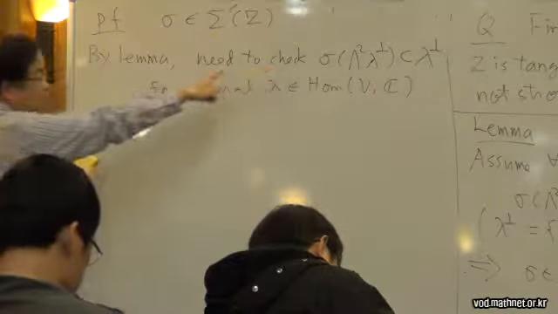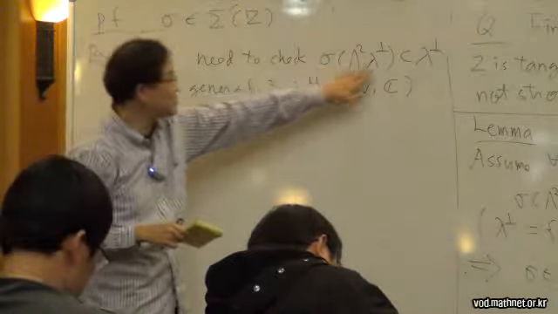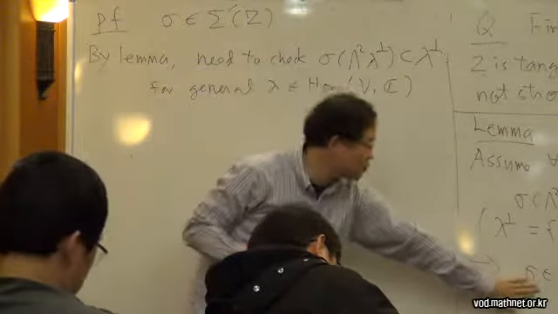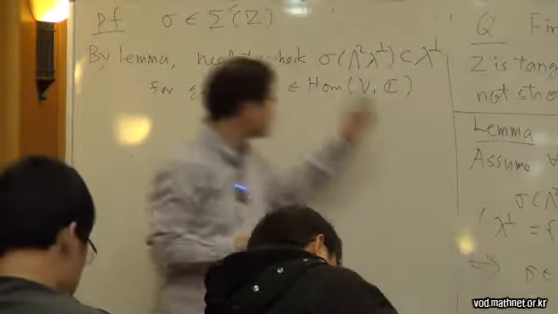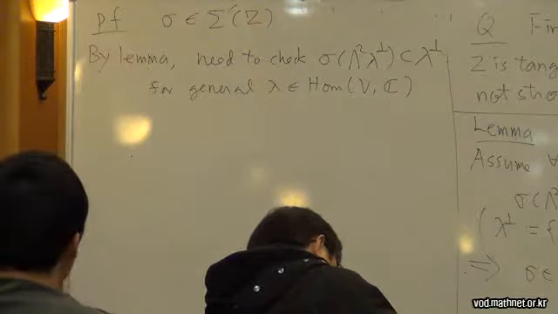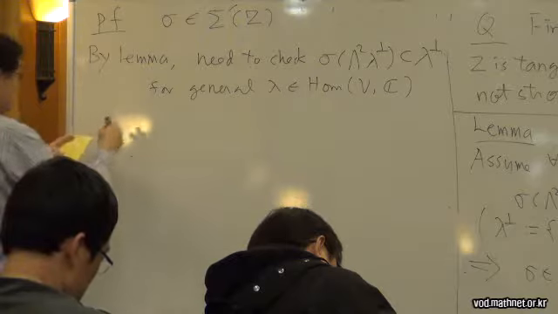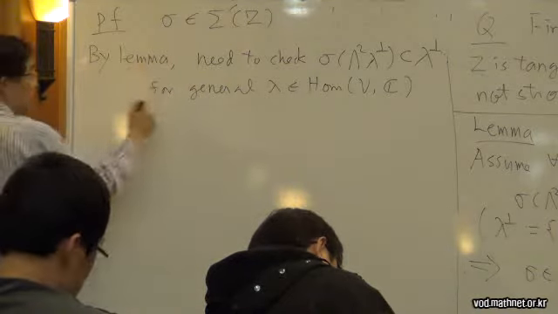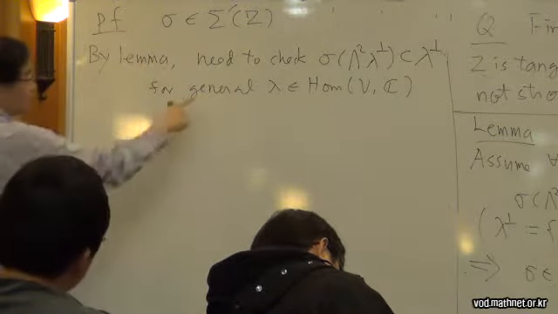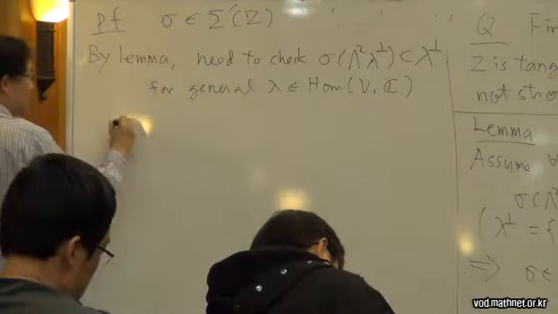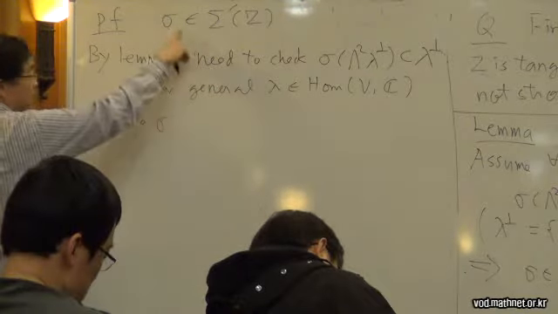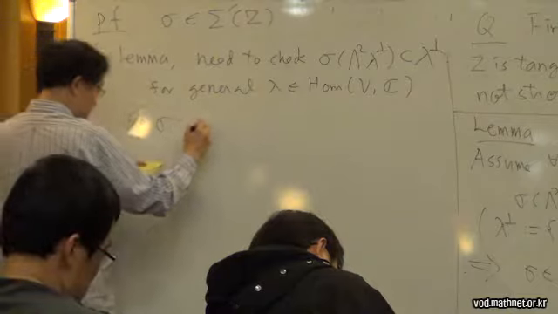For a general linear functional, we need to check this. Then we verify this, so we prove strong tangential non-degeneracy. Now, if you take the composition of sigma and lambda, this now belongs to